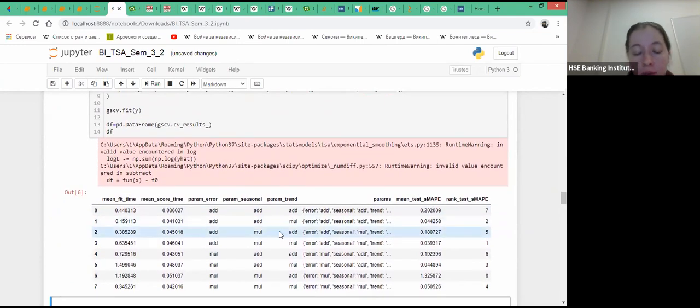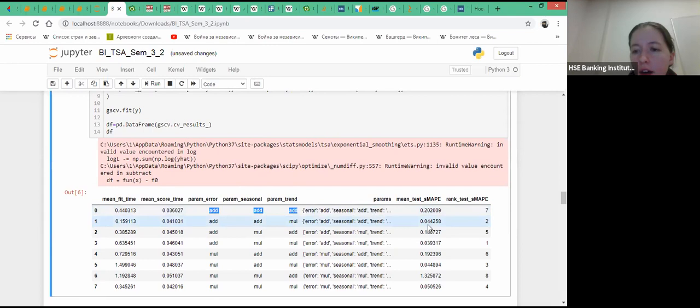So now you can understand why it is useful to use grid search. Last time we estimated only one model, or in the new home assignment it was 2 models. Now we can see the score for each combination of error, seasonal component, and trend. Okay, and the best model